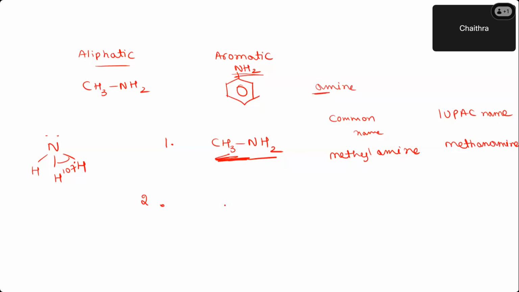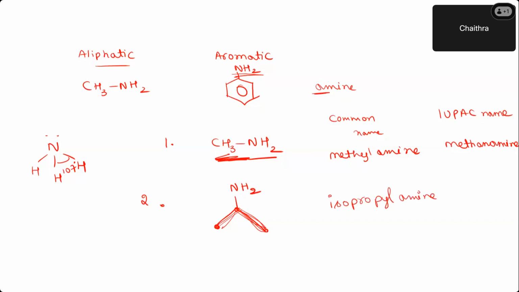For example, I'll take this. Can you answer this? What is the nomenclature for this, the common name and IUPAC name? So how many carbon atoms are there here? 1, 2, 3. But is this a normal propyl or isopropyl group? If we have an open V structure, this is an example for the iso prefix. Okay. This is called isopropylamine. Isopropylamine.